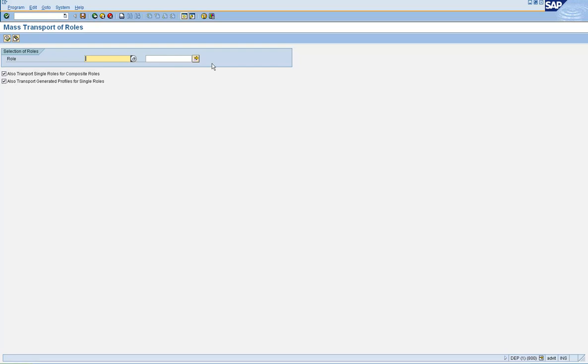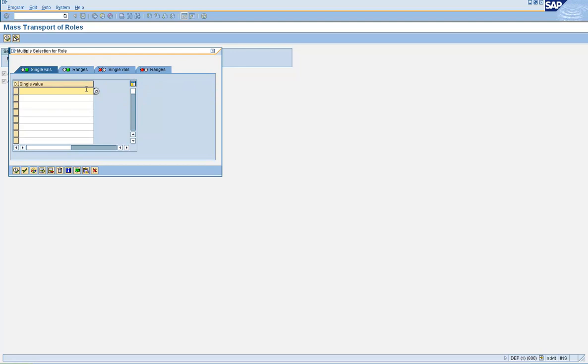If you know the role names, and if the role names do not follow a particular naming convention, then you click on this icon and enter the role names in the fields here. Now if you have the role names in a file that you want to transport, then you can copy the roles and paste them into this box by using this icon.